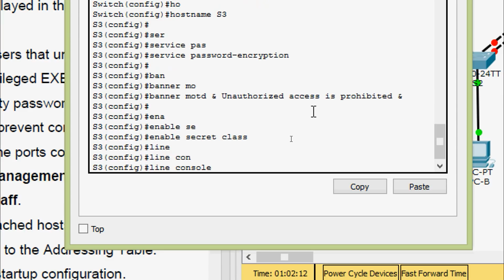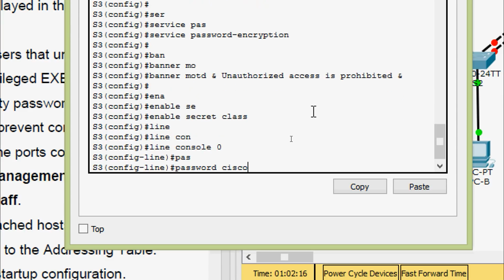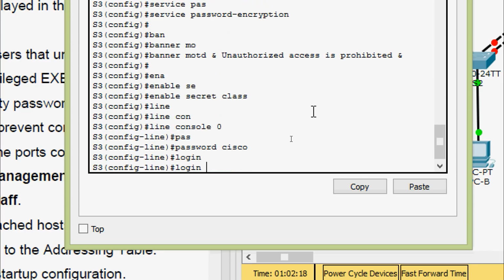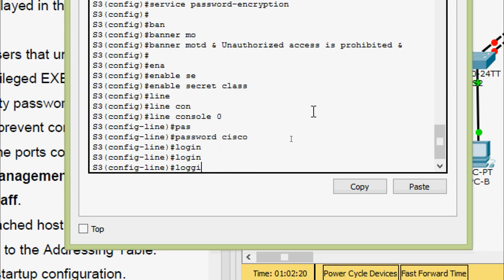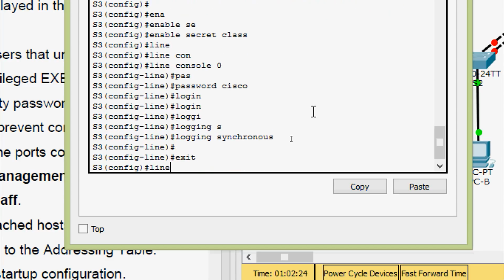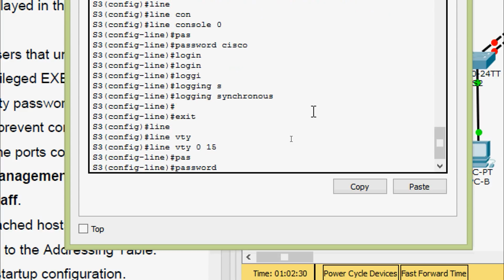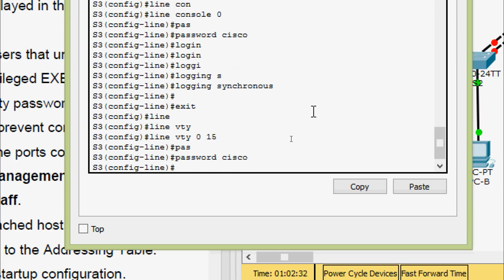Also we'll set the console password as cisco, login. Also we will give a logging synchronous, and we will go to line vty 0 to 15 and we will set the password as cisco,